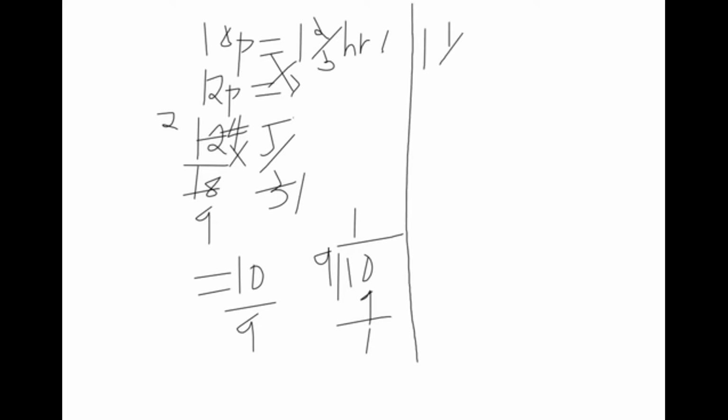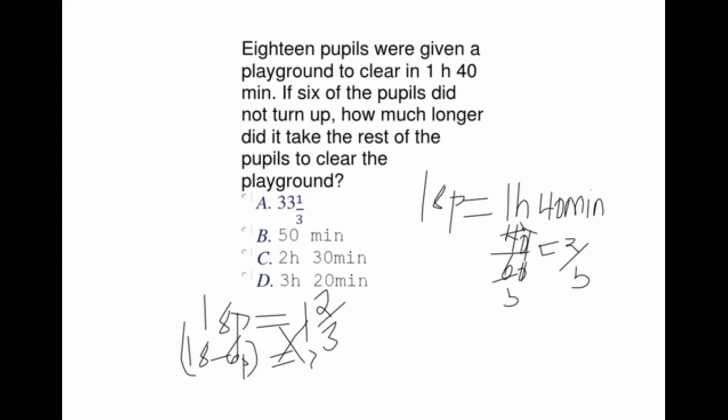1 and 1 over 9 hours. That is the time they are going to take. But they are told how much longer did it take the rest of the pupils to clear the playground. So we have,